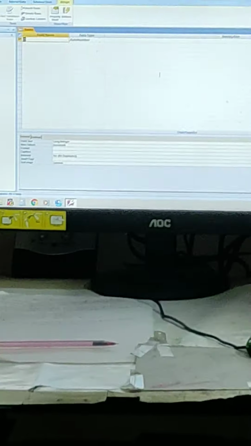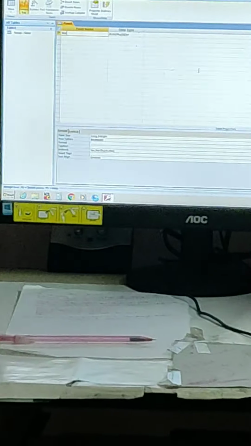First it will be the roll number. Roll number is a number, so you have to put the data type as number. Next, student name. Student name is text, so you have to put text as the data type.